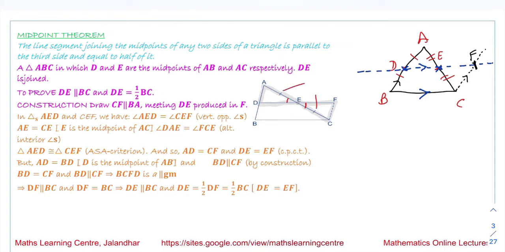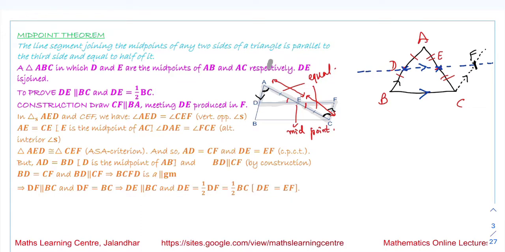These two sides are equal to each other, that is AE is equal to EC, because E is the midpoint. And the third thing we are saying is that the angle at A and the angle at C are equal because